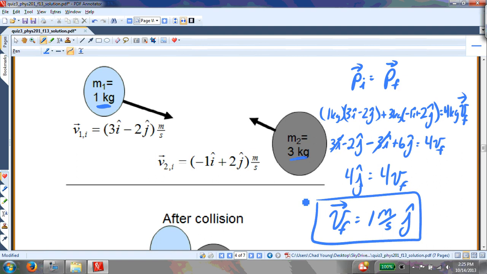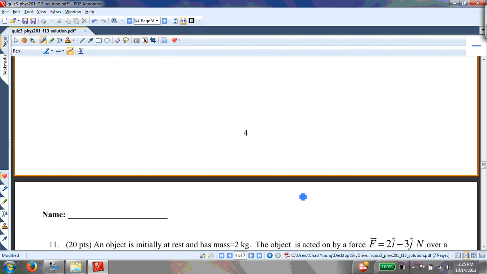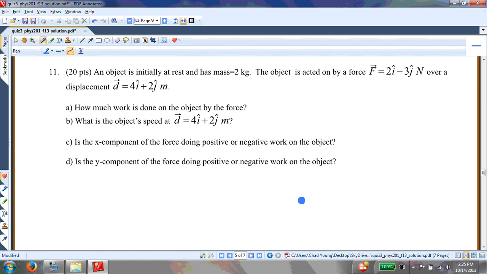So that's the answer. Alright, an object is initially at rest and has this mass. The object is acted on by a force over a displacement. How much work is done by the force? This is a simple dot product. I just say the work is equal to F dot D,